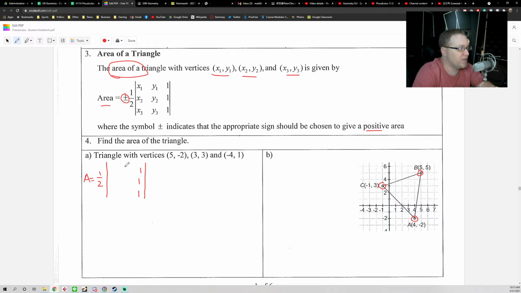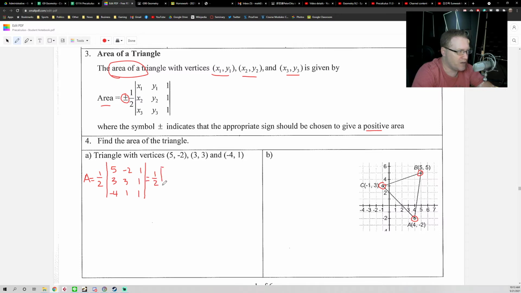And then the rest of the matrix, we're just going to fill these points in. 5, -2. 3, 3. And then -4, 1. Boom. So now we have our matrix. Now to find the area, all we have to do is find the determinant of this matrix, multiply by 1/2, and we're done. So I'm going to say the area equals 1/2